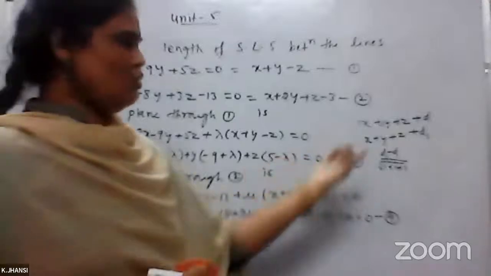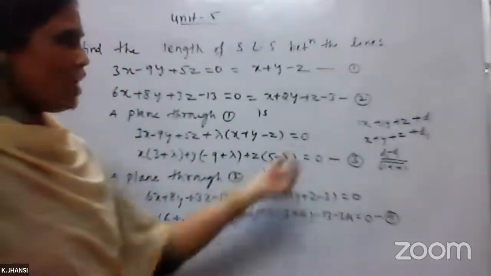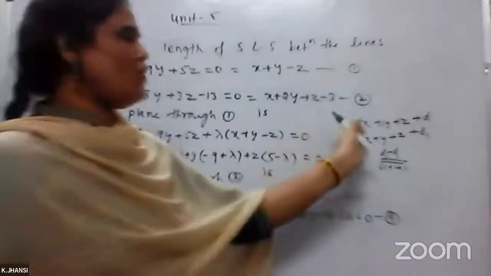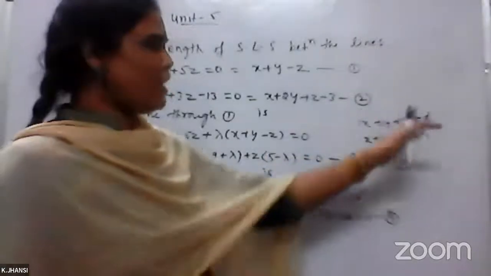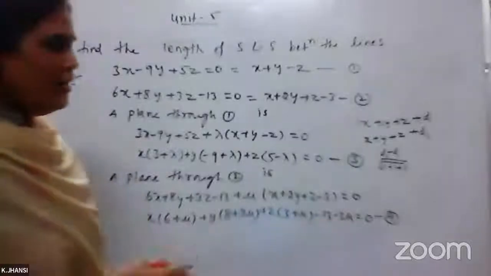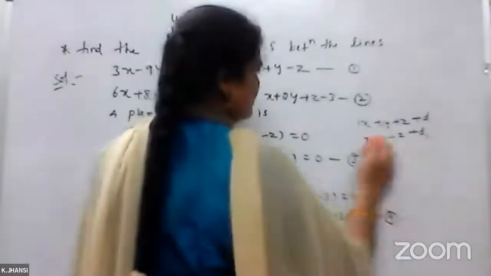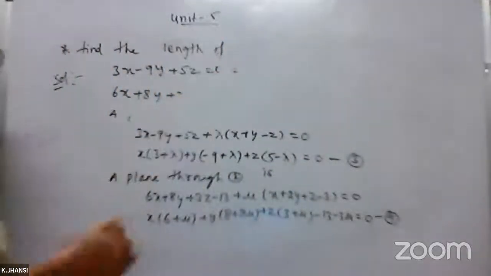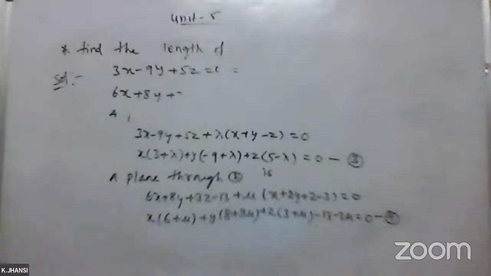Okay, so two plane equations or two line equations, when they are parallel to each other, the coefficients of x, y, z will be the same, but only the constant term will be different. Okay, so here after this you write: if 3 and 4 are parallel,